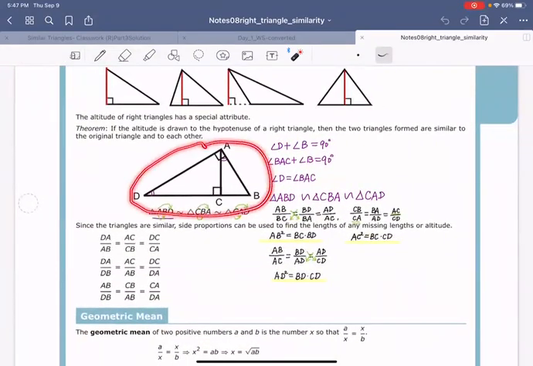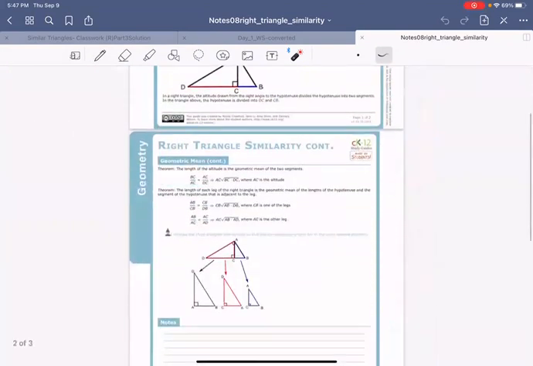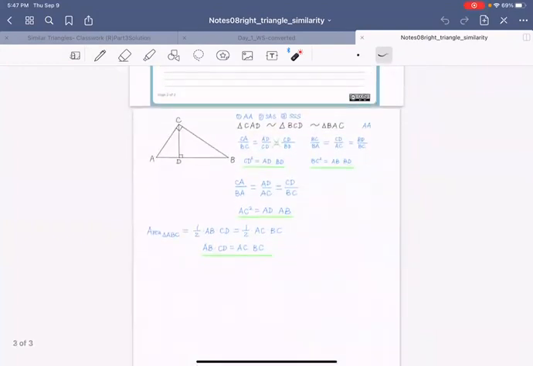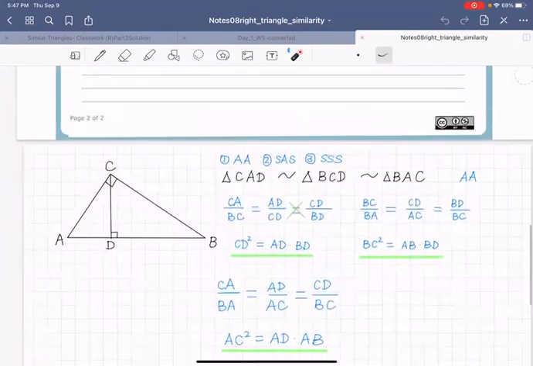You have a triangle ABC, okay? And you have an altitude here, AC. Inside this big triangle, you have 3 pieces: the left one, the right one, and the whole thing. They are all right triangles. And we will be able to find the similarities this way. So I'm going to call